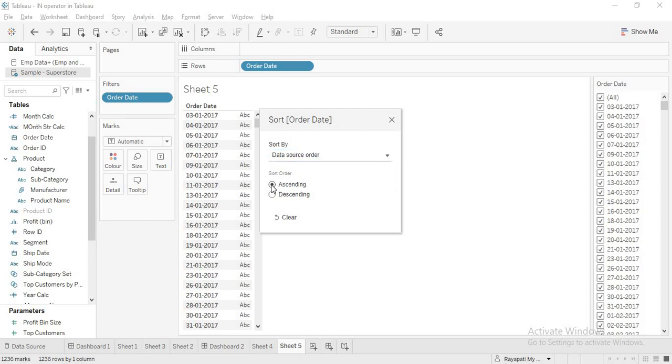So why is this happening? This is because in this Superstore data source, a day is the least level of granularity of the date. You don't have hours, minutes, seconds. So we are talking about the least granular level, and there you can sort based on the order date. Yeah, that is possible.